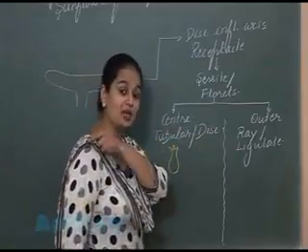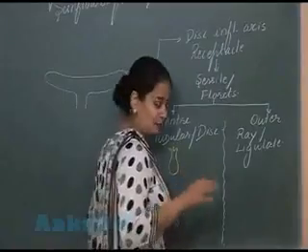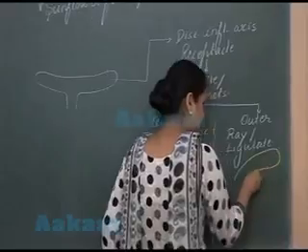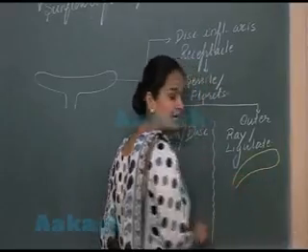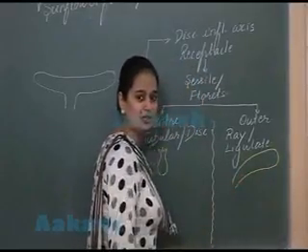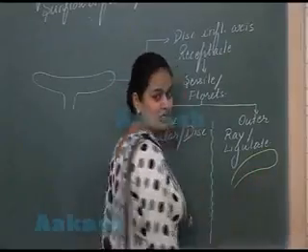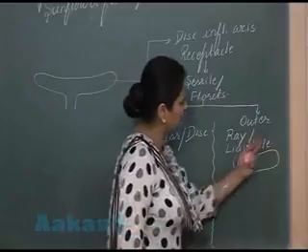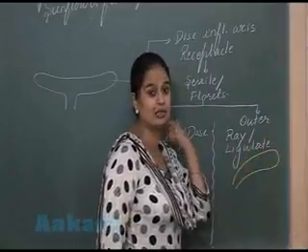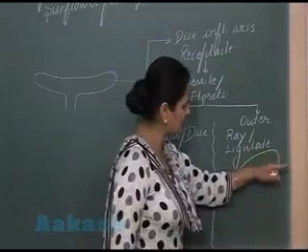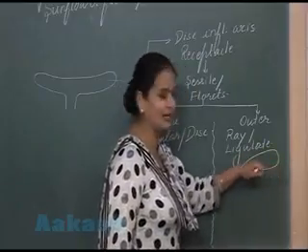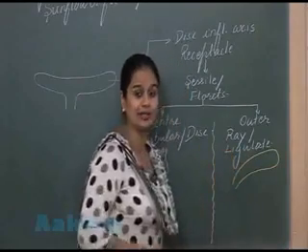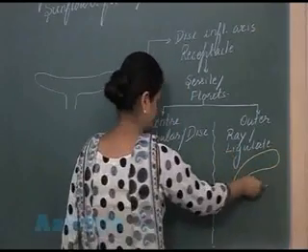But in the case of the ray florets, the petals, they are fusing. यहाँ पर भी petal fuse कर रही हैं, but after the fusion, now the petals, they are forming strap-like structure. They are forming tongue-like structure. So this type of the structure, it is also known as ligule. Yes, so this is our strap. This is tongue-like structure. This is also known as ligule. That's why these florets, they are known as ligulate florets.